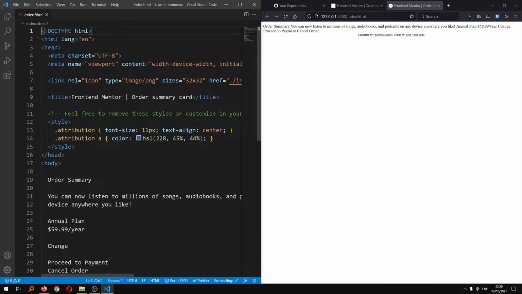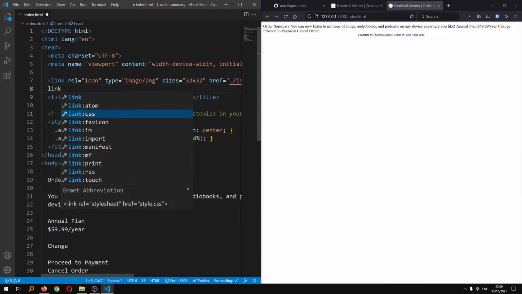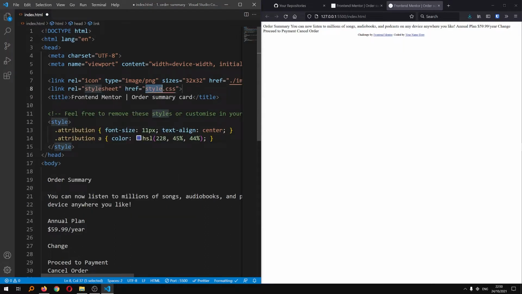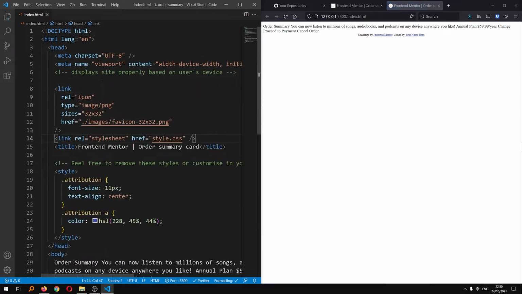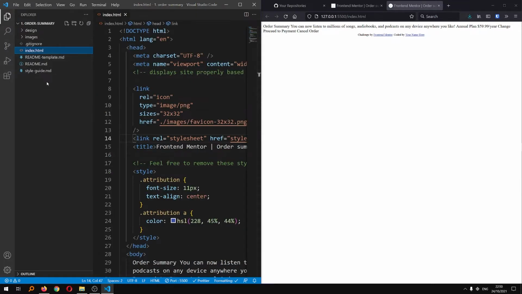So the basic text is here, but the title, for example, is all in the head. So we don't need to change the header here. We do need to link. So we're going to add link, and we're going to link the CSS called style.css. That's what we're going to link in here. Now, there is no style.css. That file doesn't exist yet. So we're going to make one,